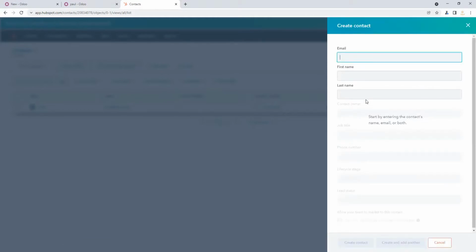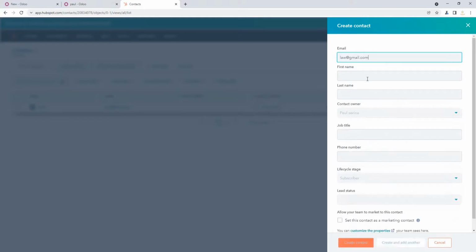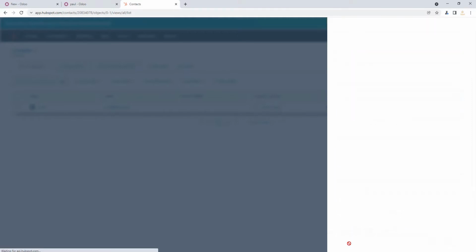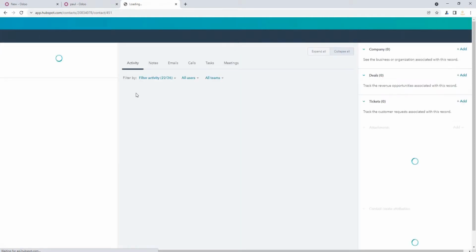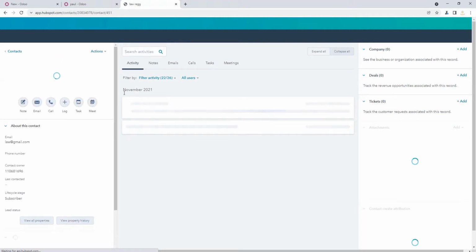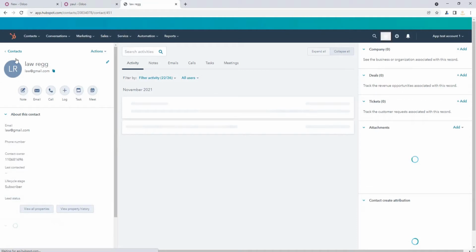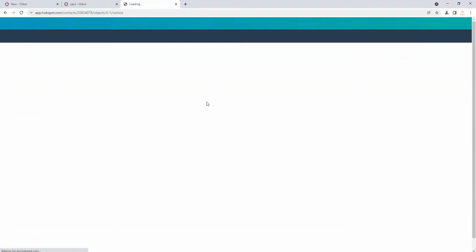I just add some random values and leave the remaining fields as they are. It will take a few seconds to create the contact. As you can see, the contact is created successfully in HubSpot.